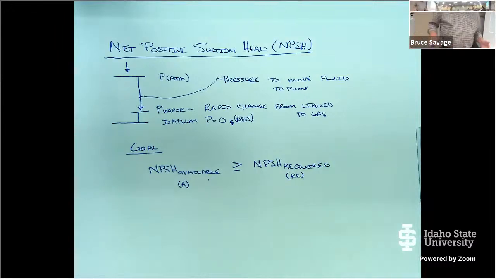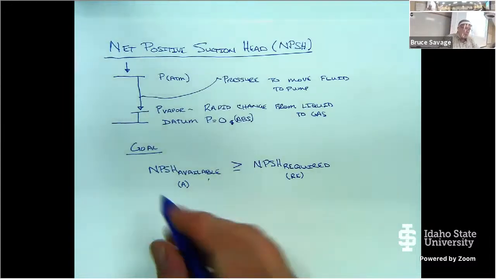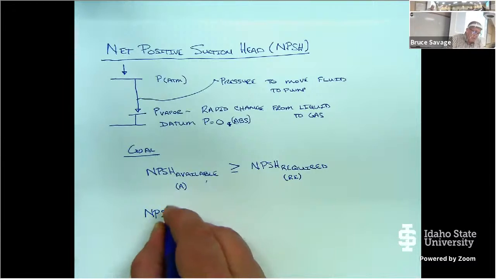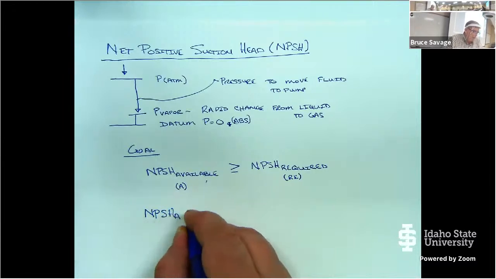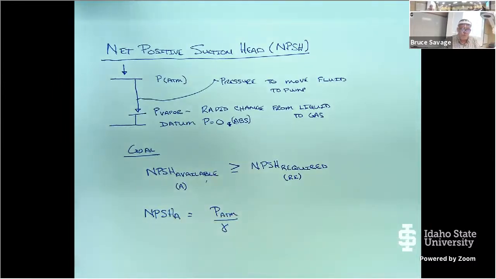Okay, so there's a lot of different equations for calculating the net positive suction head available, but I'm just going to use the one in the book since that's our reference. If you grab another book, some people derive it slightly different. This is perfectly fine. And this one tells us that the net positive suction head available is equal to the atmospheric pressure, P atmospheric, divided by gamma. So this is the atmospheric pressure head,